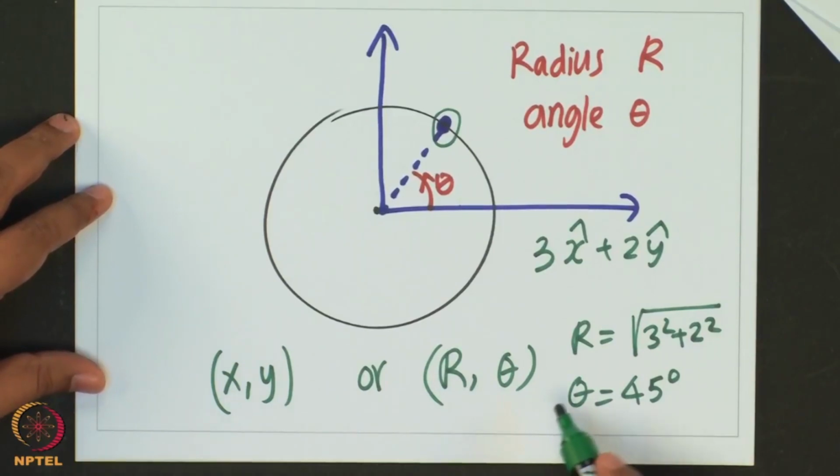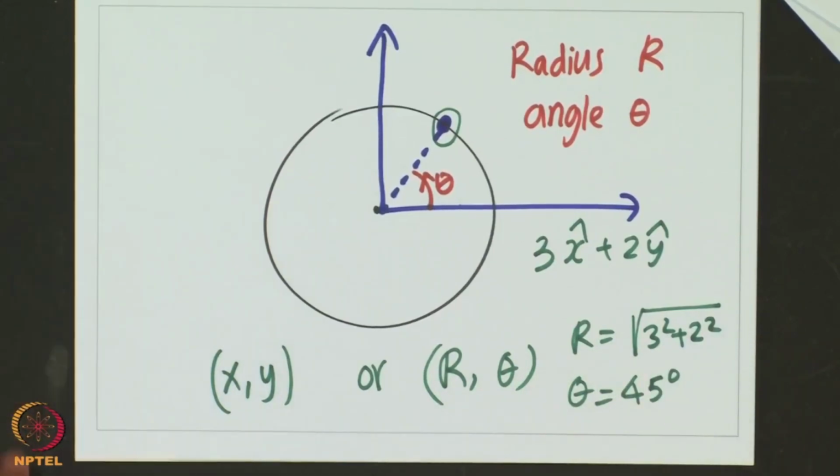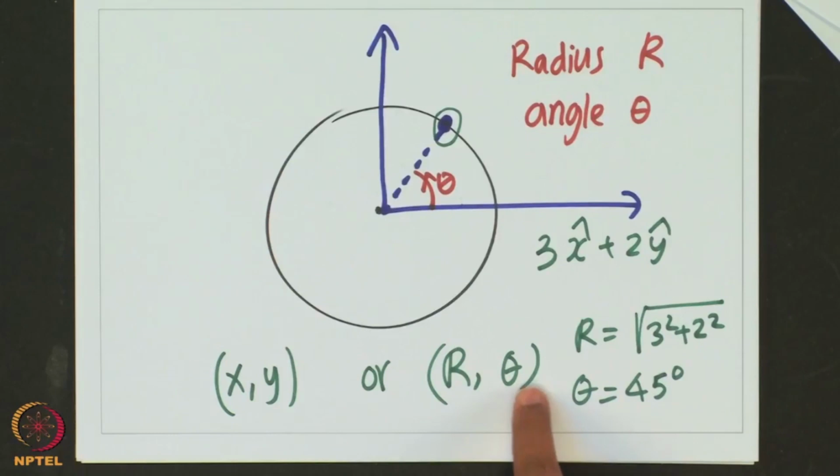So this method of specifying a point by the radius and the angle is basically known as plane